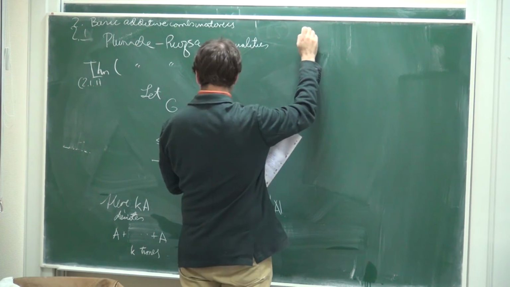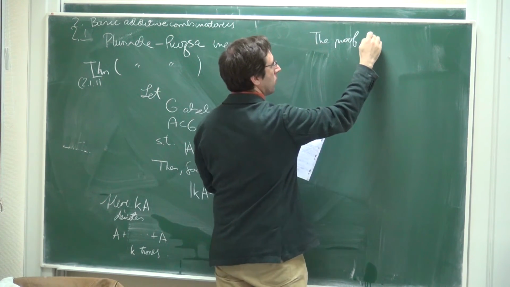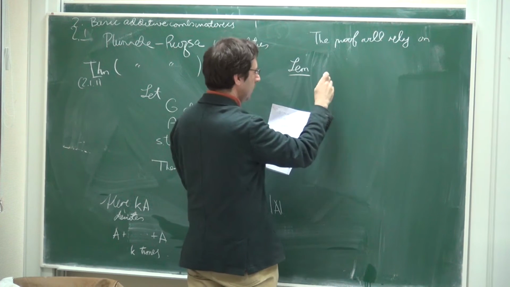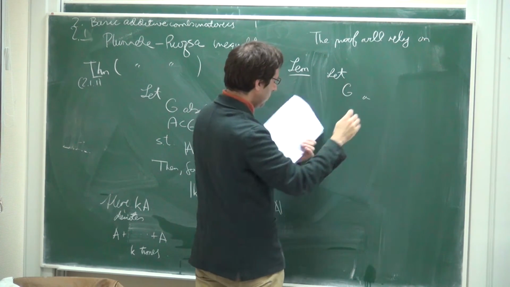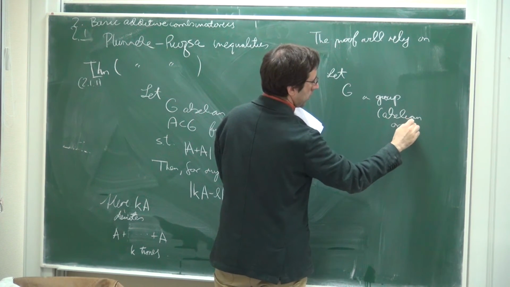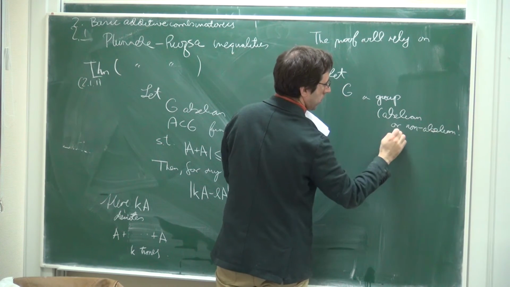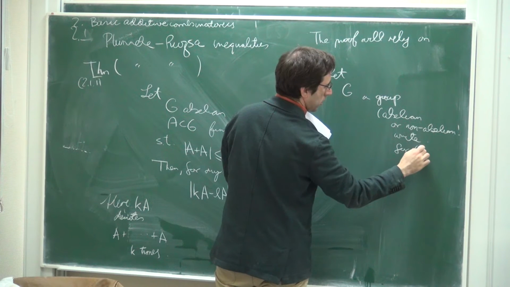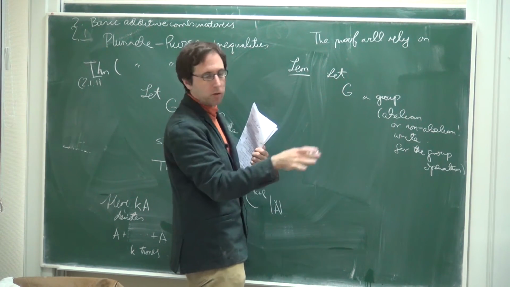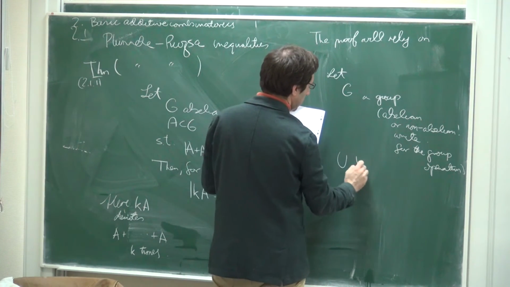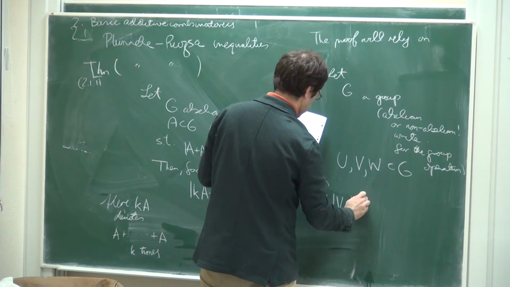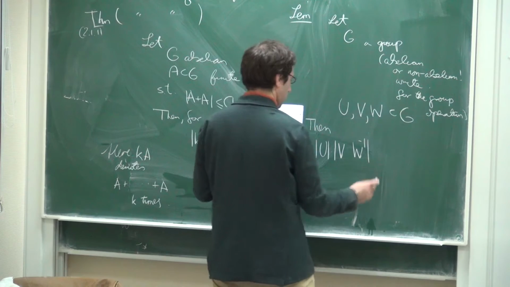So the proof will rely on the following lemma, which we will write multiplicatively. Let G be a group, abelian or non-abelian. We write times for the group operation, whereas we usually write plus. When we use this, we will use it with plus, because we will use it in the abelian context, but I will write it with times because it's true in general. And there are three finite sets. Then U times V inverse is at most